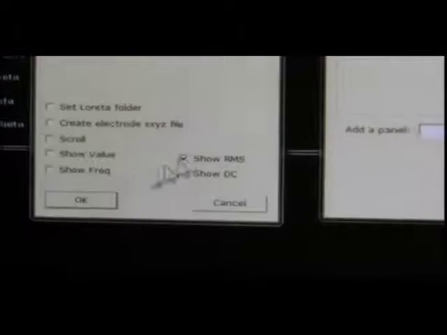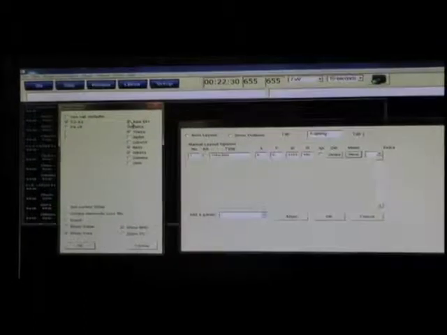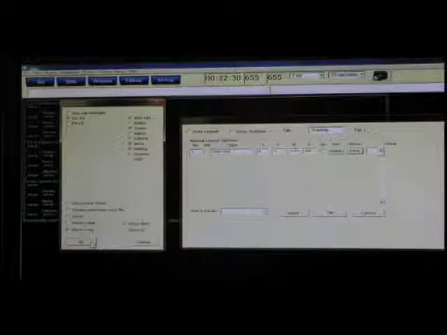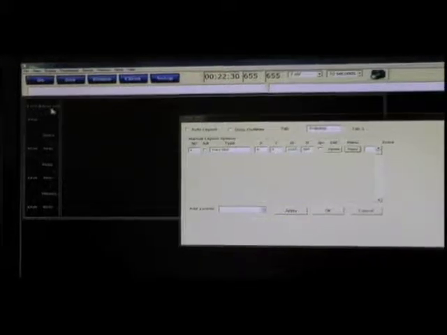A couple more pieces of information that I want to look at: I do want to look at the RMS coming in, and I also want to look at the frequency. As you can see, as I am changing these features, they are actually being applied right over here. The final thing I also want to look at is the raw EEG. So I will click that, and when I have everything set up that I want to, I'm going to click OK. As you can see, we now have our C3 to A1 raw EEG, our theta, our beta,